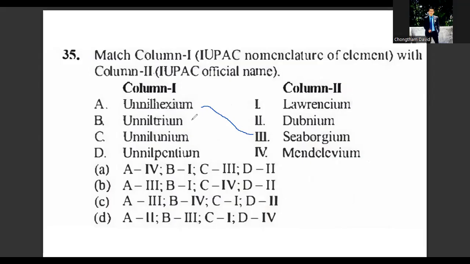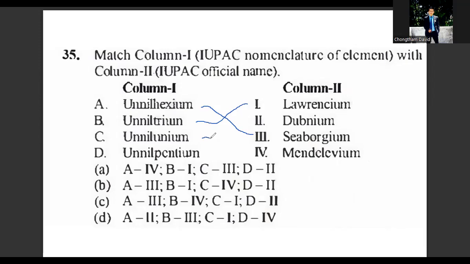Okay, as I have told you in the introductory part of this class, knowing the atomic numbers beyond 100 is going to be very vital for your exam, because from 100 to 118, these are the important questions. NEET loves to test. Question number 35b. Let us try to match. B would be Unniltrium, it's lawrencium, 103. Unnilnium,